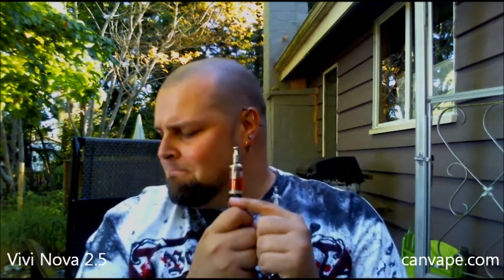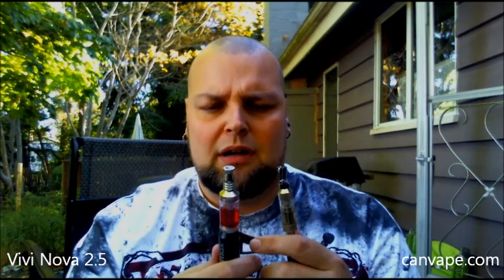One thing that happens to me, I don't know if it happens to everyone, I do get more of a dry mouth kind of experience out of these. More so than I would if I was using a cardo tank or just even a cartomizer. I'm not sure what that is, and maybe it's just me, but I do find that I get just a little bit of dryness, or more dryness than I normally would. I mean, it's really my only complaint about the Vivi Nova